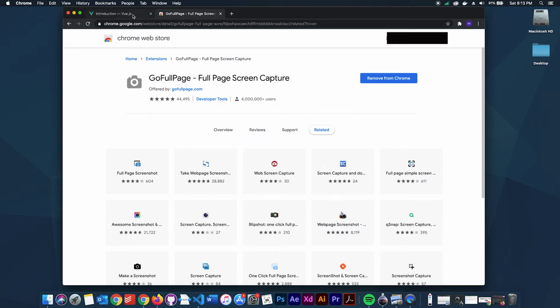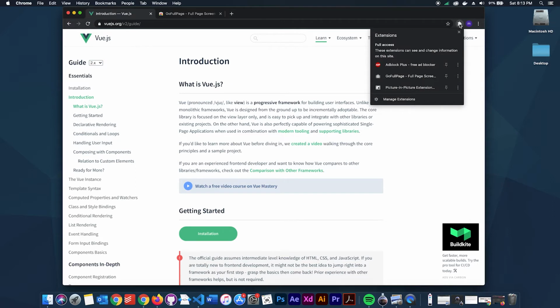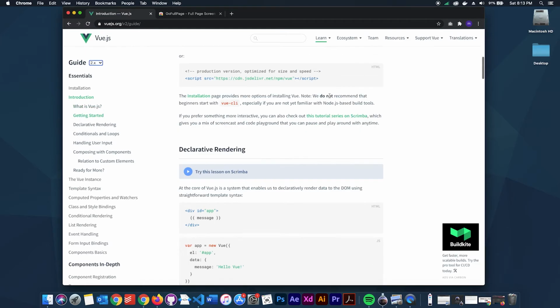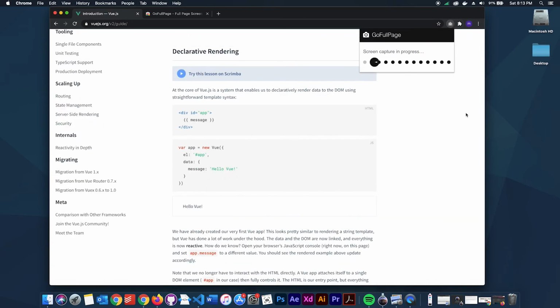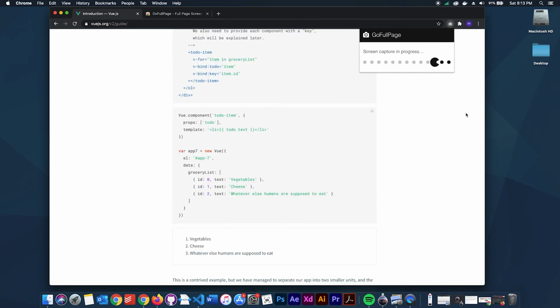And once you have the extension installed, all you have to do is click to open the extension. I'll actually pin this extension right here so that I can see it quickly. That's how you can stick it right here so that you can access it quickly. You click on that, you take it away, click on that to bring it back. So now that I have this page, all I have to do is click on this, and then I just wait for it to capture the entire page for me. So as you can see, it's capturing,